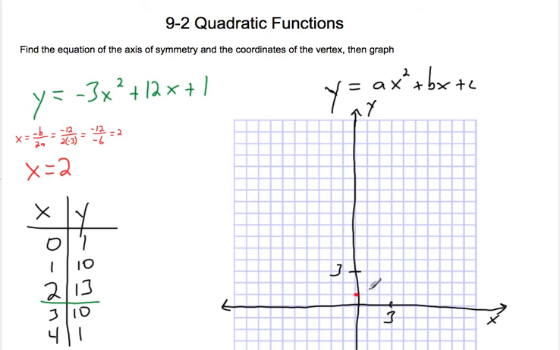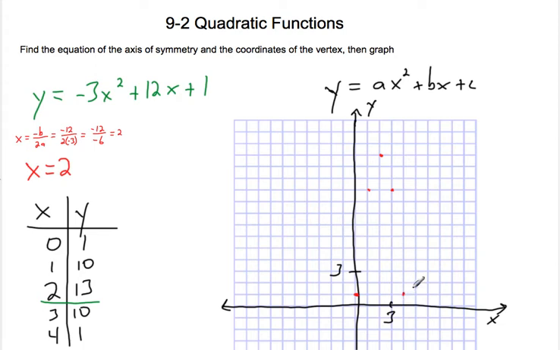2, 3, 4, 5, 6, 7, 8, 9, 10 is here. 11, 12, 13, and then back down. So 3, 10, 4,